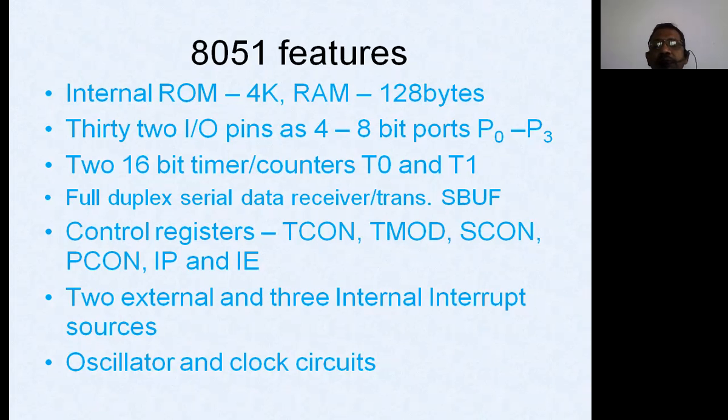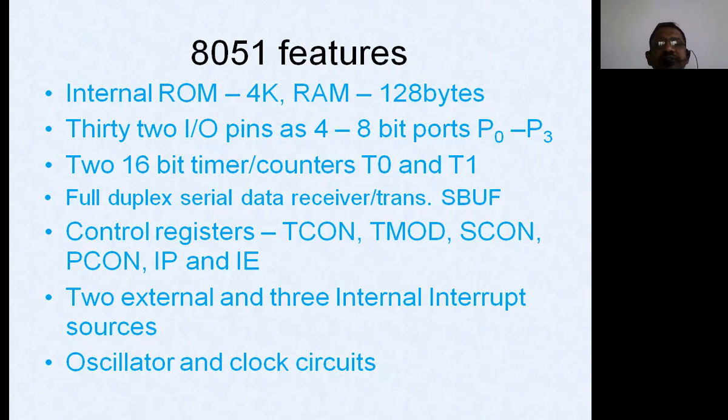The memory in the RAM area is used to store the data temporarily when the program is being executed, whereas the program code is normally burned into the ROM area. Then, how many pins has it got? It has got 32 IO pins, because every port is going to have 8 bits. We're going to have 4 ports, so 4 into 8 is going to be 32 bits. So we have 4 ports, P0 to P3, occupying a total of 32 bits.